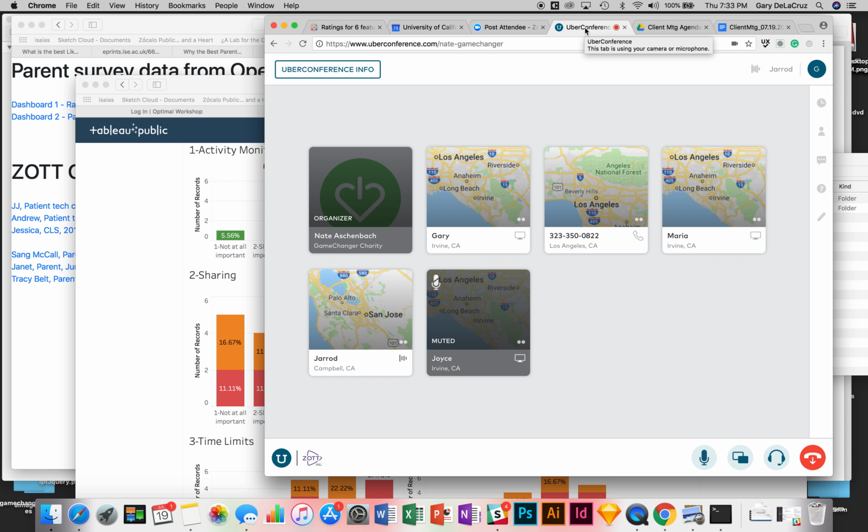Great. Okay, great. And Jared, just out of curiosity, are you in a position where you can tell us the two hospitals you're looking at for the rollout? Maybe later this week. That's fine. I understand. The T's are crossed and I's are dotted, and then we'll share that stuff.